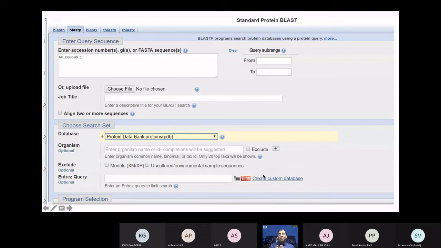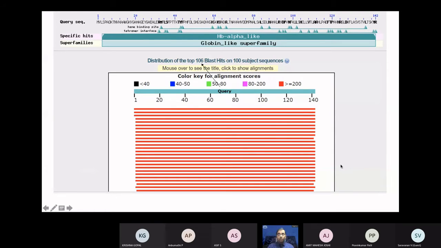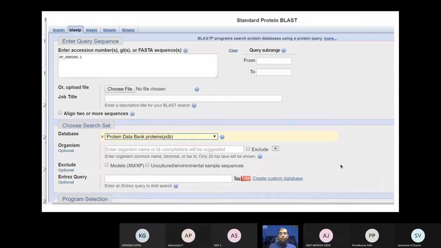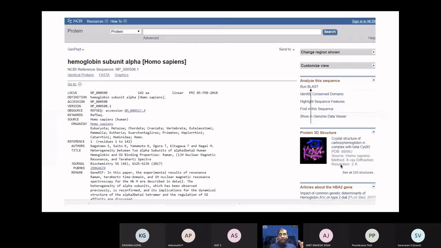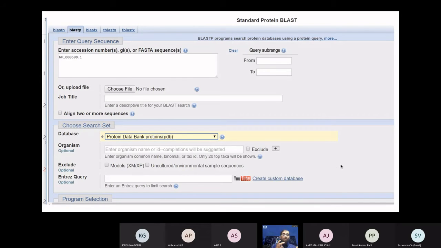If you have multiple sequences, let's say the hemoglobin alpha subunit and beta subunit, and you want to align those, you can do the multiple sequence alignment as well, and look at how these sequences are common or different. But in this case, let's say you just wanted to know which genome or which organism this given sequence comes from.